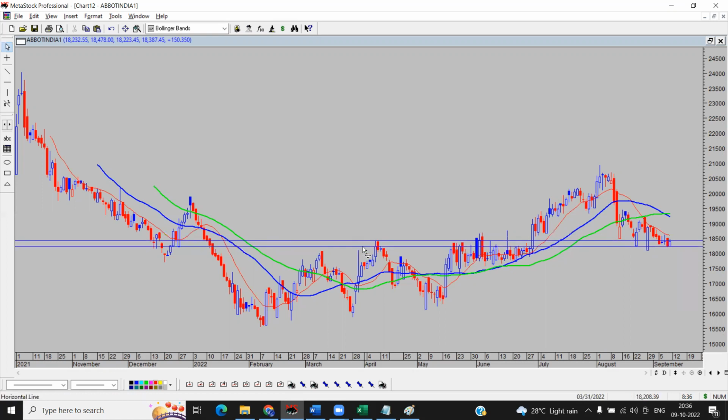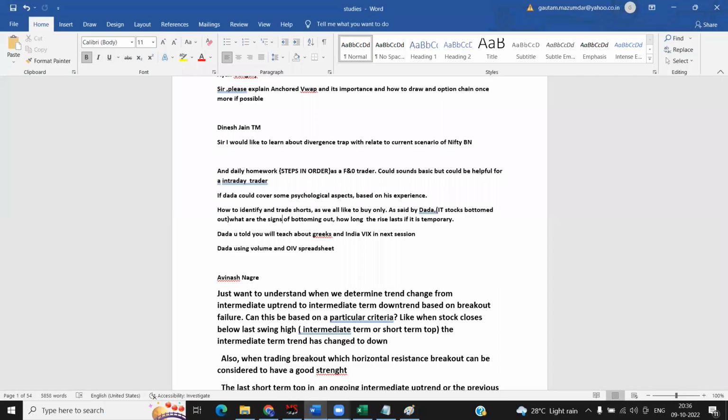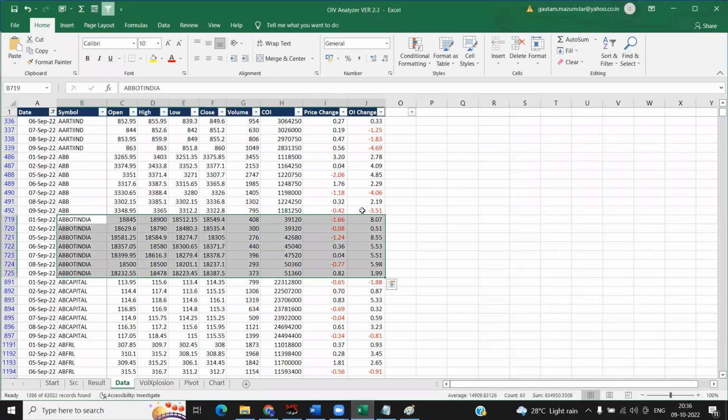Just watch here. This top, this congestion and open interest buildup is taking place at this level. Apparently, looking at it, you feel that it is going down. Is it not? But if you see it minutely, it's basically at around the same place with good OI buildup. Here. Good OI buildup at around the same place. Here the price is quite high, so more or less. Rather, you take it this way: 18305, 18387. No difference at all. At around the same place. I take it this way: it is in a trading range.